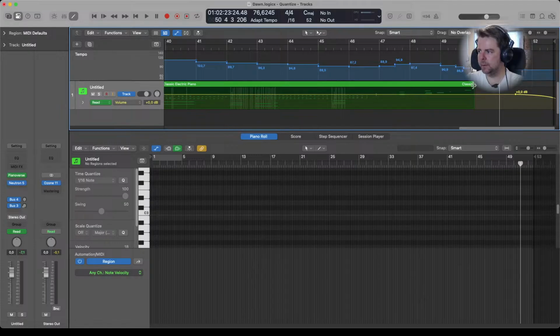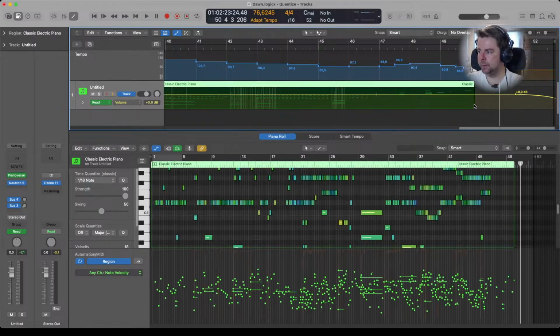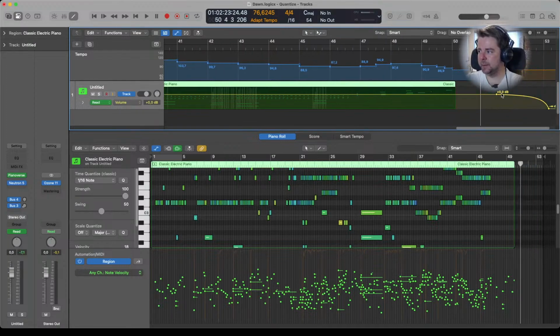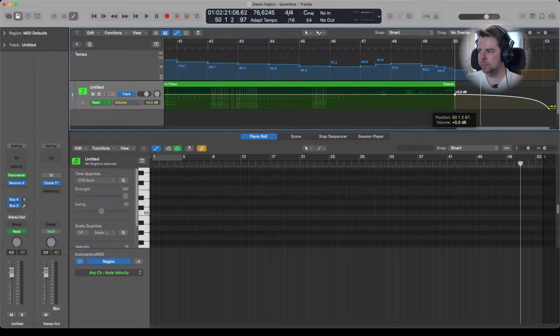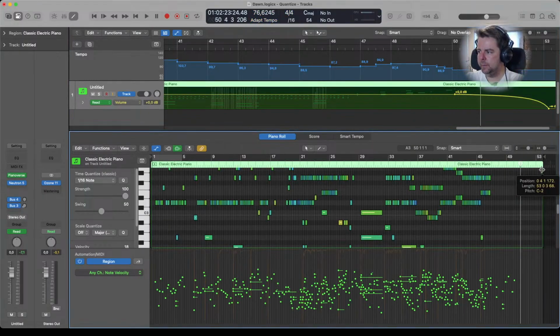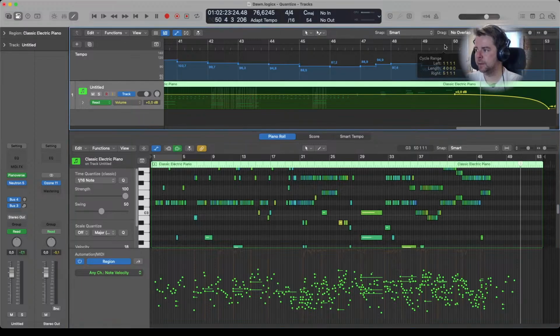Doesn't want to expand it, weirdly enough. There's nothing there to expand, I guess. You have to do it here. But I want to let that note sustain and